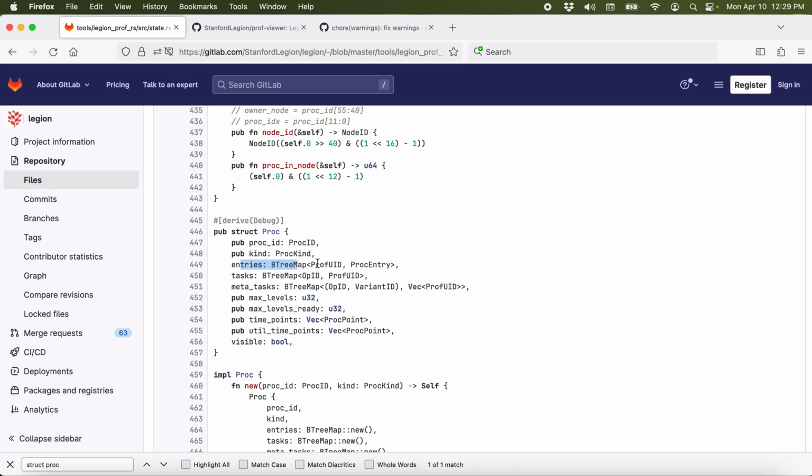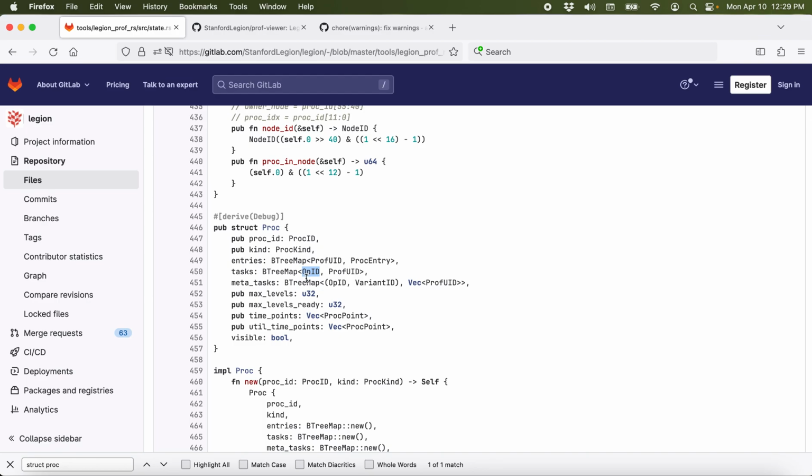If this is one table essentially, prof UID is the primary key for this table, and if you want to look something up by op ID, then you have to look it up in this other index. But one of the things worth noting here is that not everything has a unique key like tasks do. That's one of the reasons why we picked this architecture, if you look at these meta tasks, for example,